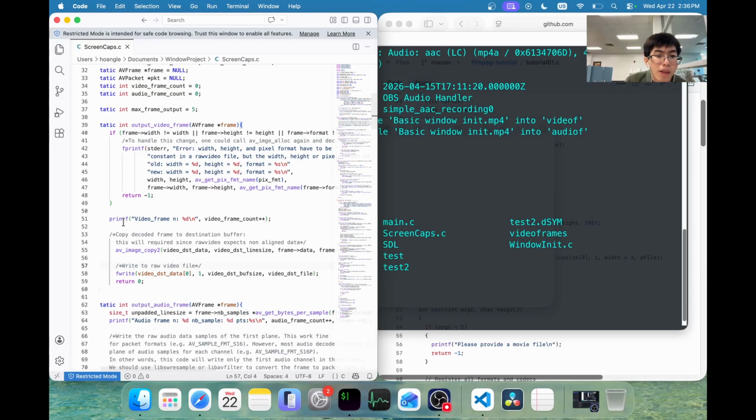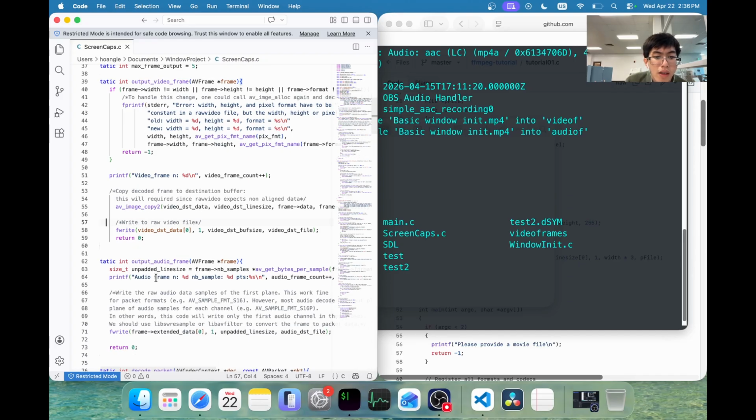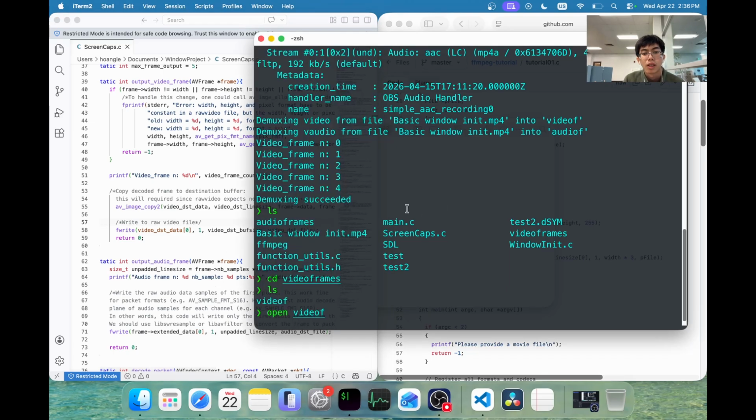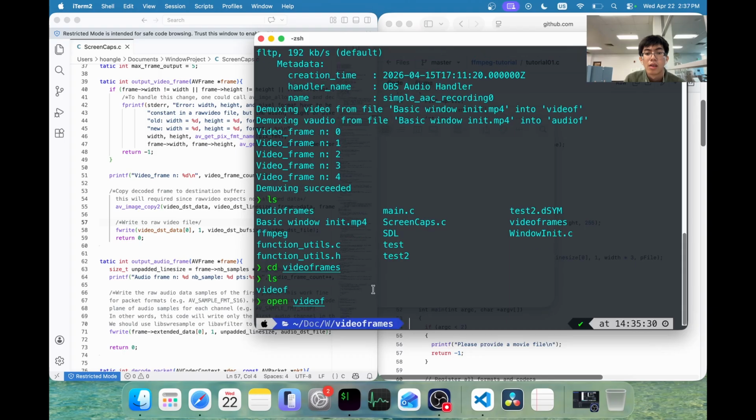Oh, he put in the video frame. Wait, why is audio frame does not work? Does it work for audio frame cd? Oh wait, I think